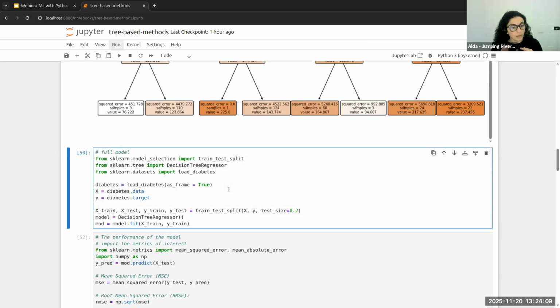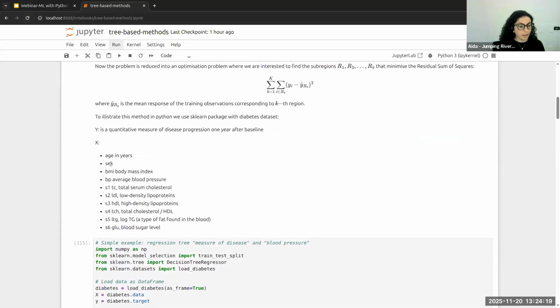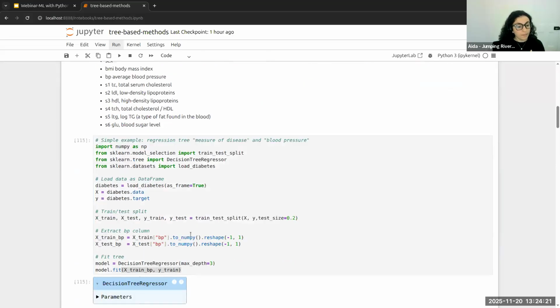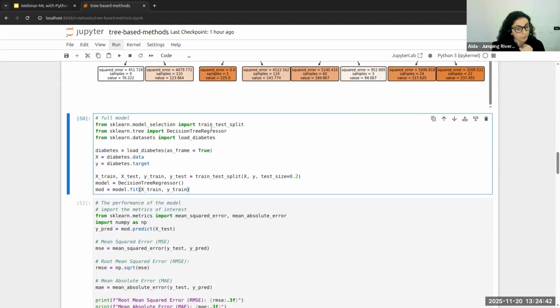So we are going to use again the diabetes data set, right? But in this case, I'm going to use all this set of variables that we saw above here, like age, sex, BMI, and so on, and build a tree using all these predictor variables, and then the y variable is the same as we used above. So it's a multivariate case, basically. And so if I run this model, I will have the model output, right?